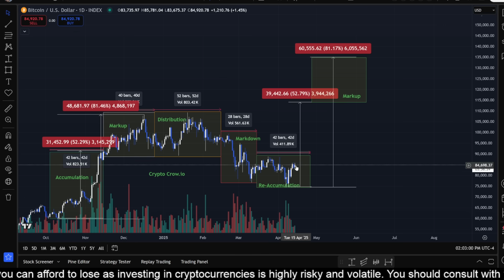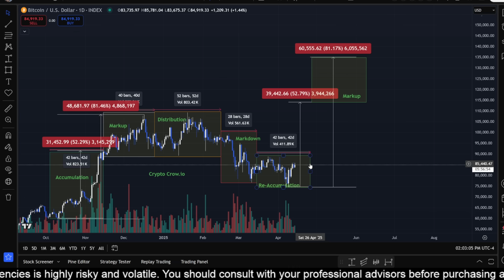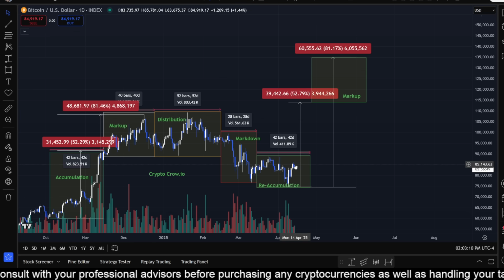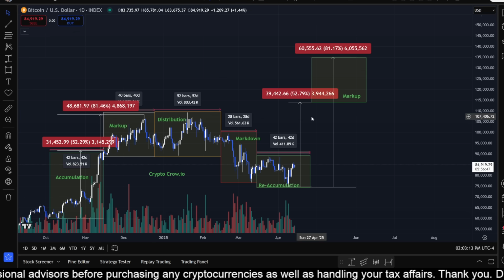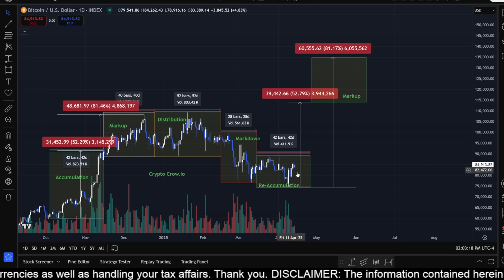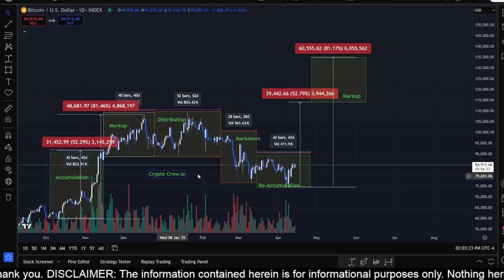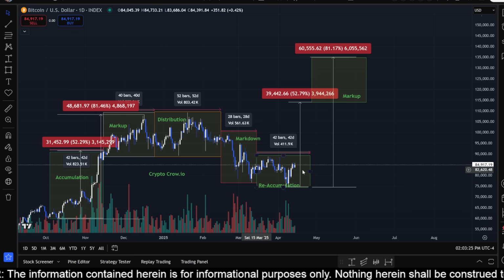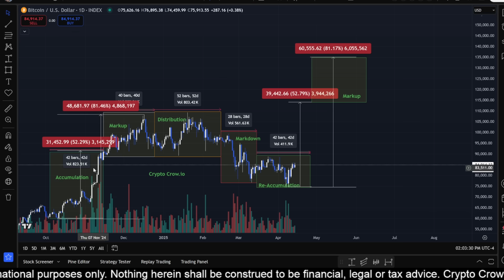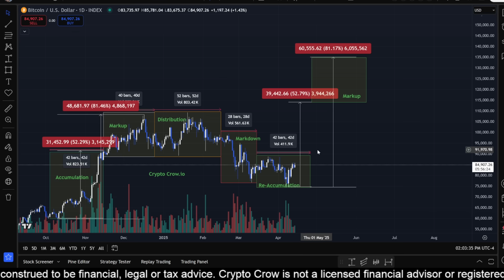Right now, we're getting closer, but we still have until closer to the end of this month before we conclude this reaccumulation phase. So potentially from here, we could either just start moving straight up, or we could get a little bit of a dip and then go up. But this would be roughly a 42-day reaccumulation phase if we matched what happened back here. Now, rather than us seeing a dramatic pump into this month, which would basically come to, this here's the end of April,